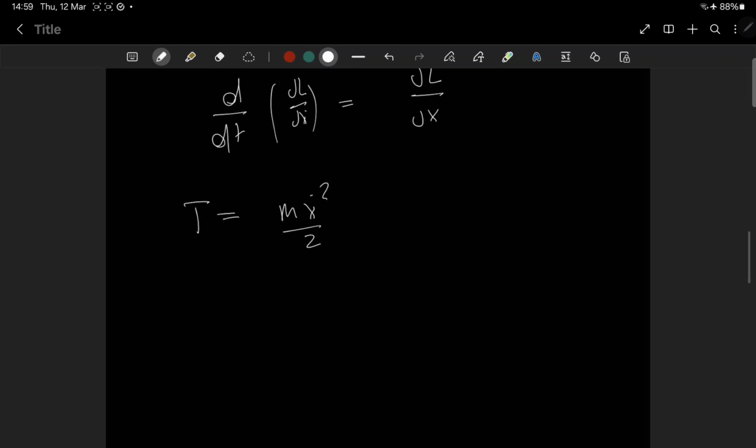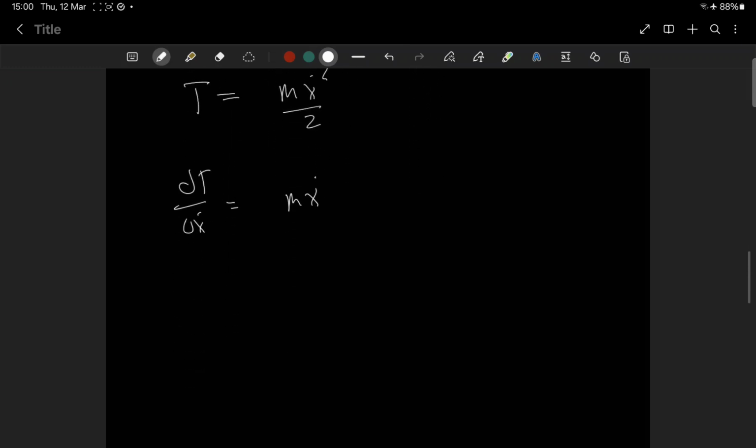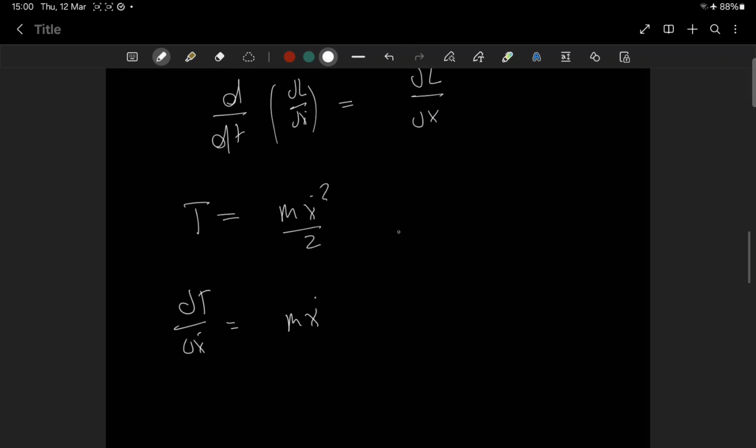So if I differentiate this with respect to x dot, partial T by partial x dot is m times x dot. So the Euler-Lagrange equation reduces to d by dt of m times x dot, because L is only dependent upon the kinetic energy when we differentiate with respect to x dot,